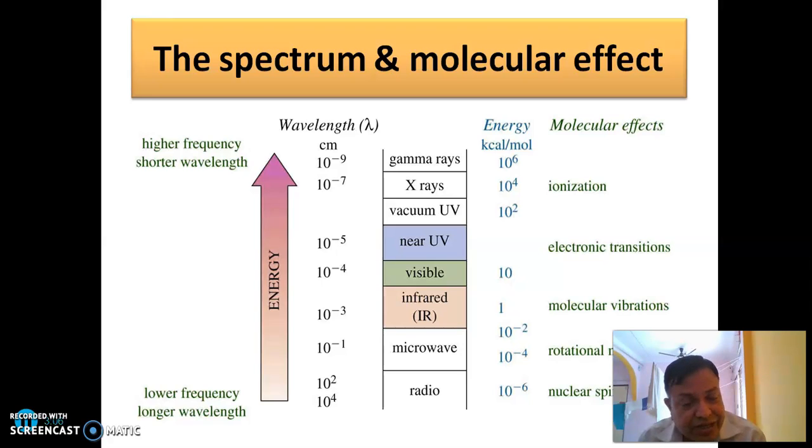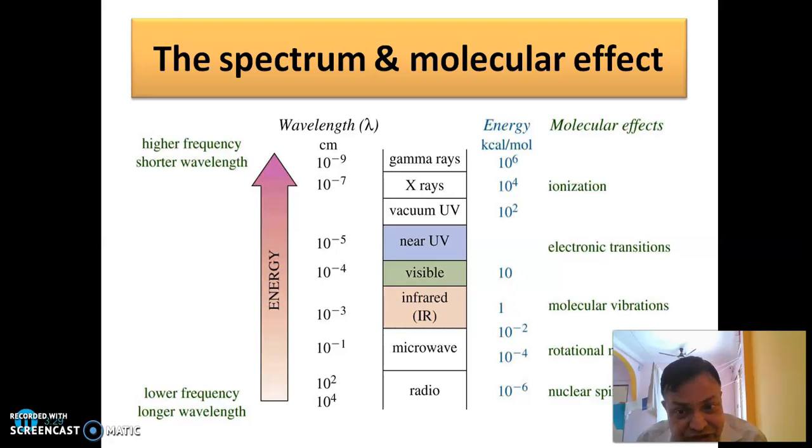After that, 10^-9 centimeter, that region is called gamma rays. Cosmic rays are not visible in this slide, but that is radiation of very short wavelength. After gamma rays, at 10^-7, that is X-rays,